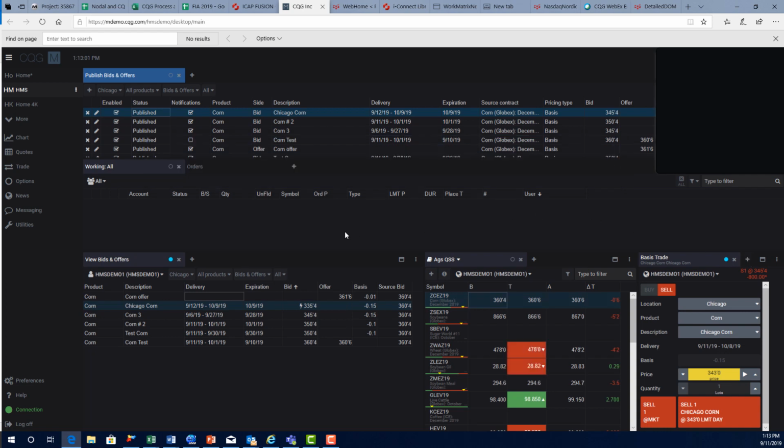And as you can see, that's how we've created really a full-service Hedge management system for everyone. So brokers can use the CQG desktop platform as they normally do to trade futures and options contracts on CQG, and then they can make use of the Hedge management widgets, usually on a separate page, but really set up however you want to. As you know, CQG desktop is very flexible. So if you set up a page with all of these widgets, the elevator or the co-op is going to have their Publish Bids and Offers widget where they're going to be setting this up and publishing this stuff out